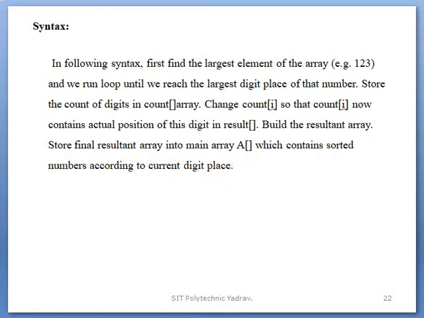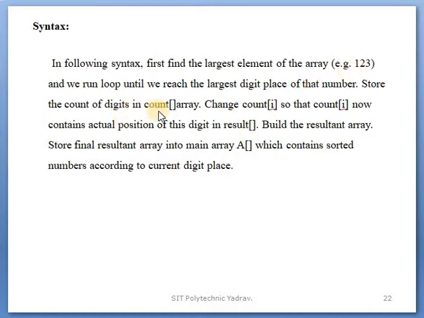The logic is that first of all we find the largest number in the array, because how many passes arise depends upon the digits of that number. For example, if 123 is the largest number in an array, then the loop, that is the passes or iterations, runs 3 times. That creates 3 passes, using the places 1, 10 and 100, and at that time the numbers will be sorted.